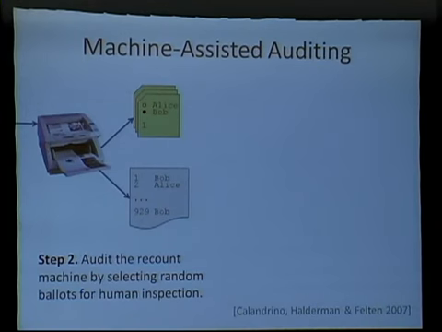Well, that's step 2. What we can do is apply ballot-based auditing to the recount machine because now we have serial numbers on the ballots. But because we didn't serialize them before people voted, only after they'd been put in a ballot box and reordered, these serial numbers that we printed with the recount machine can't be used to go back and identify voters.